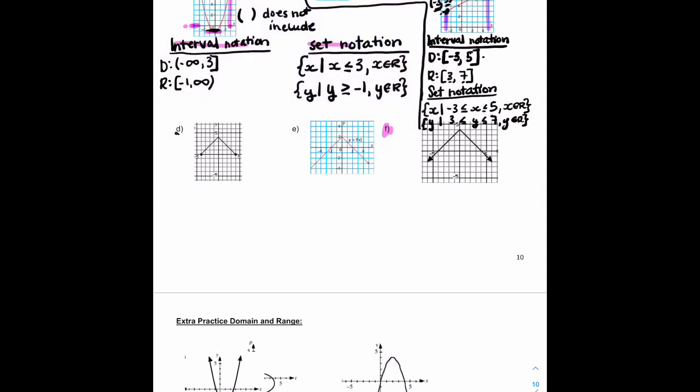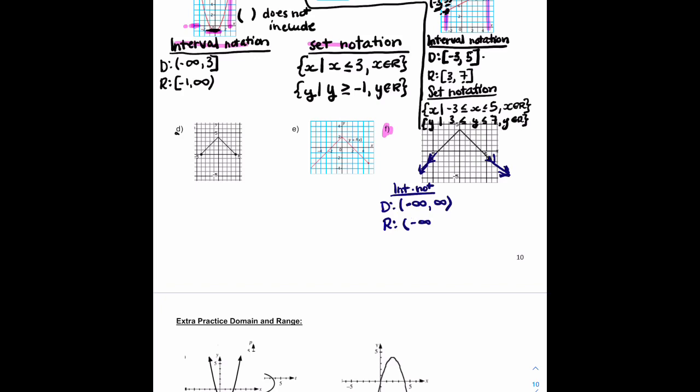So these little arrows here at the end of our graph, if I'm going to do interval notation, the little arrows say that this graph is continuing to go down and to the left for infinity. We don't know when it actually is going to end, which means that my lowest x value is actually -infinity because it's going to the left, which means my x values are getting smaller, smaller, smaller. Then my highest x value, I'm following this way here to the right, is actually +infinity, and I close infinities always with round brackets. My range, my lowest value for range, again, if I follow these arrows, it's going to end up as